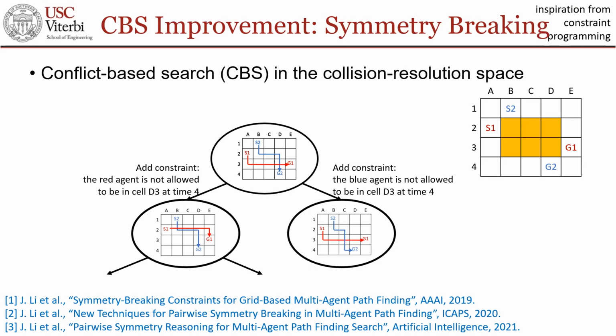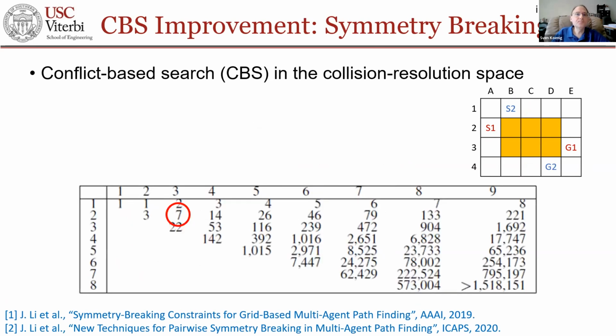So that means that it will take a bunch of node expansions here in order for us to discover that one of the 2 agents eventually needs to wait for one time step. Now, it's not a problem if the rectangular area here is very small, but of course we can pull the start locations and the goal locations further apart, right? We make the rectangular region larger. So if the rectangular region, as in our example, is 2 by 3, we need 7 node expansions, not a big deal. But if the yellow area is 8 by 9 large, then we already need more than 1.5 million node expansions. And that's a big deal,